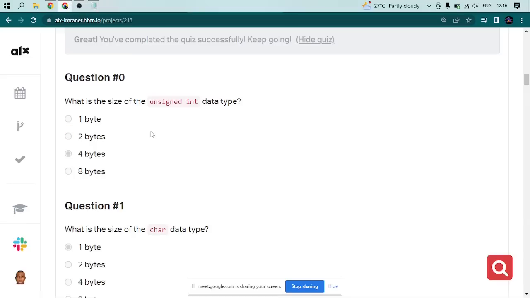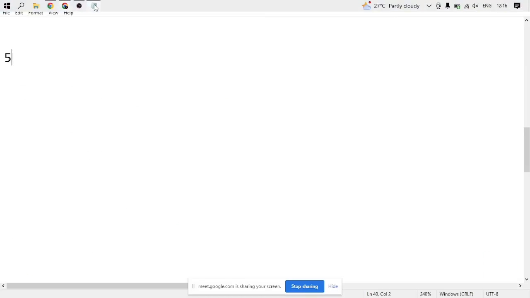right? When we say unsigned ints, we are talking about a whole number that doesn't have a negative value. So if we have -5, this has a negative value, and this is not an unsigned int, but this is an unsigned int. So 5 is an integer. 10 is